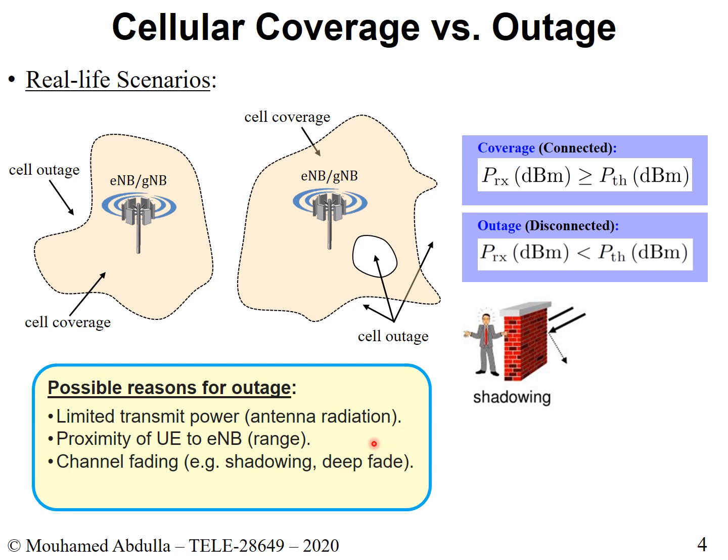Other reasons where outage could occur is deep fade. Deep fade is when there are certain areas within the cell or within a communication where you are completely out. You go in this area, it's like a black hole. I mean, this is kind of an exaggeration, but you go there, there's absolutely nothing. You cannot get a signal. The environment is so protected. There's a lot of structures, a lot of items that will hinder your signal. You will be in deep fade.